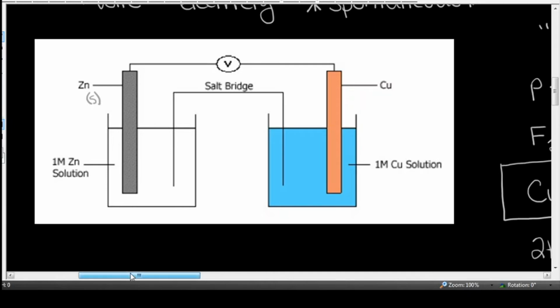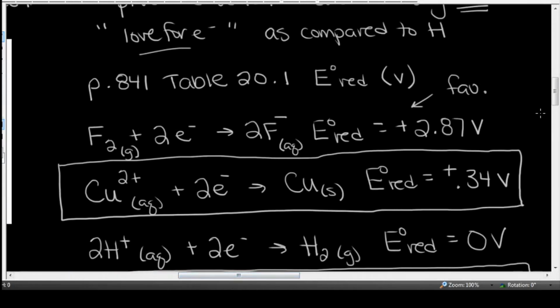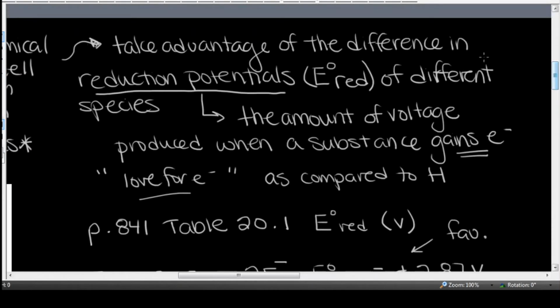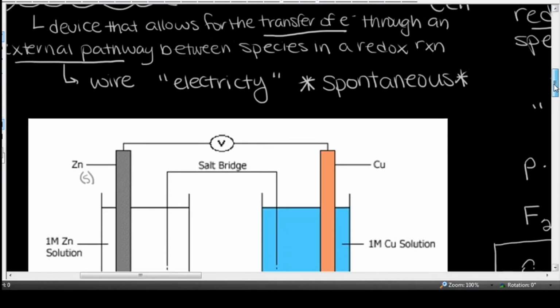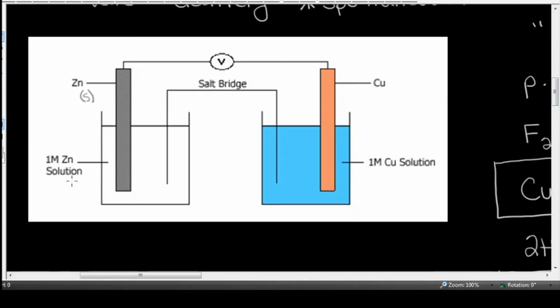Oh, I kind of forgot to talk about that, didn't I? We were over here, this E naught. Remember how I've been putting these naught symbols up here? What does this naught symbol mean? This naught means 1 molar concentrations. If we were talking about pressures, it would be 1 atmosphere of pressure, and of course, room temperature, 25 degrees Celsius, 298 Kelvin. So that's what I mean by standard. In order to use those reduction potentials, I need to make sure that my electrochemical cell has 1 molar concentration here. Now this zinc solution probably came from zinc nitrate or some other sort of soluble zinc compound,